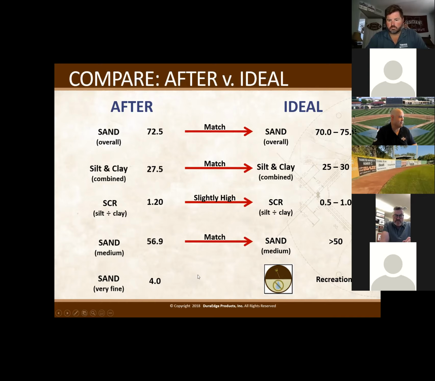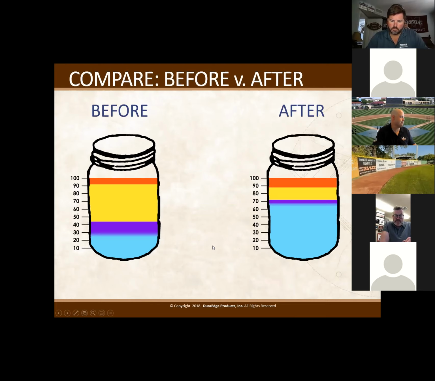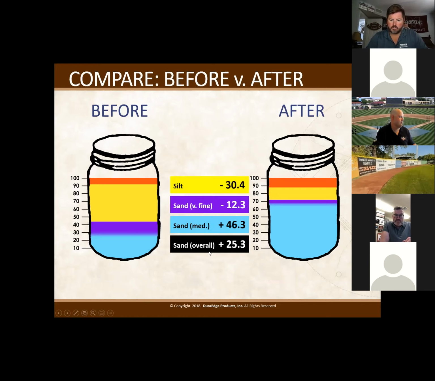You can see those numbers are a lot closer to where they need to be, and actually most of them are hitting right where they need to be after one amendment. So there was a change in overall sand content of 25%. There was a change in medium-sized sand of almost 50%. It pushed the very fine sand down to 12% and pushed the silt down 30.4%.